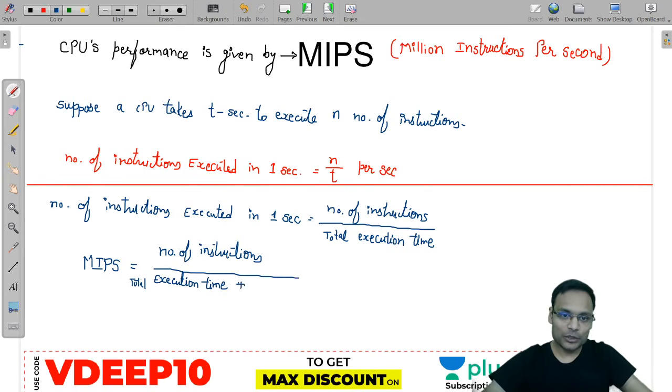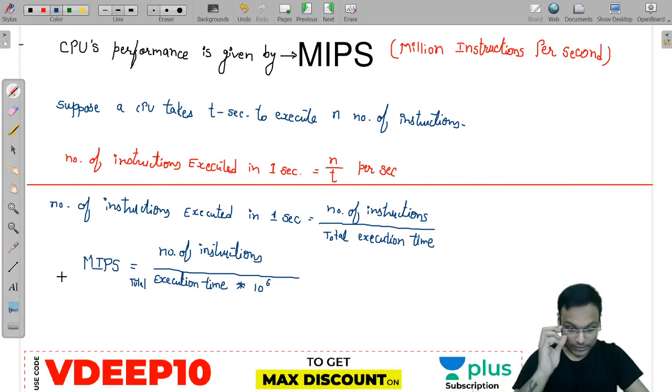Execution time into 10 to the power 6. So I have divided the whole quantity by 10 to the power 6. Hence the number becomes MIPS. Okay, fine. Now,